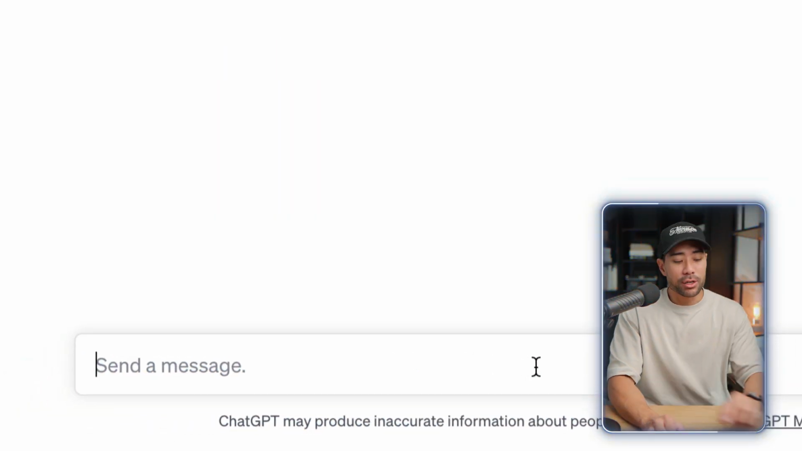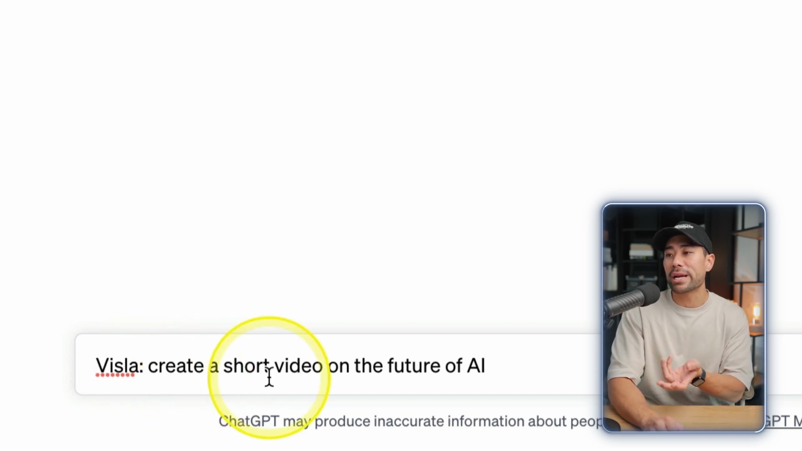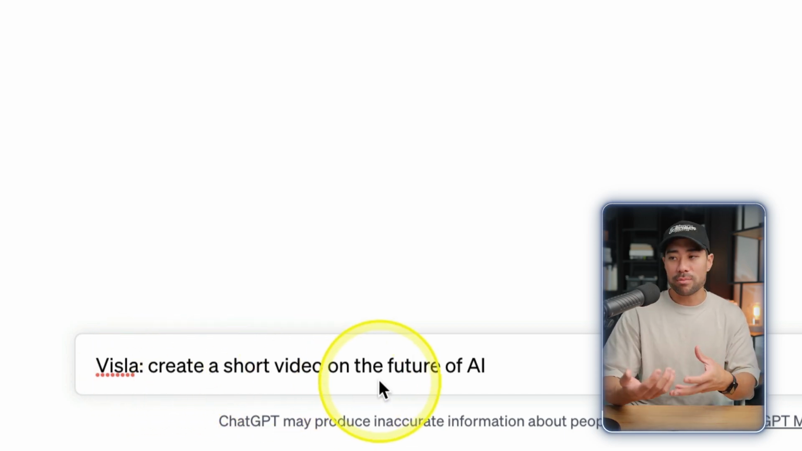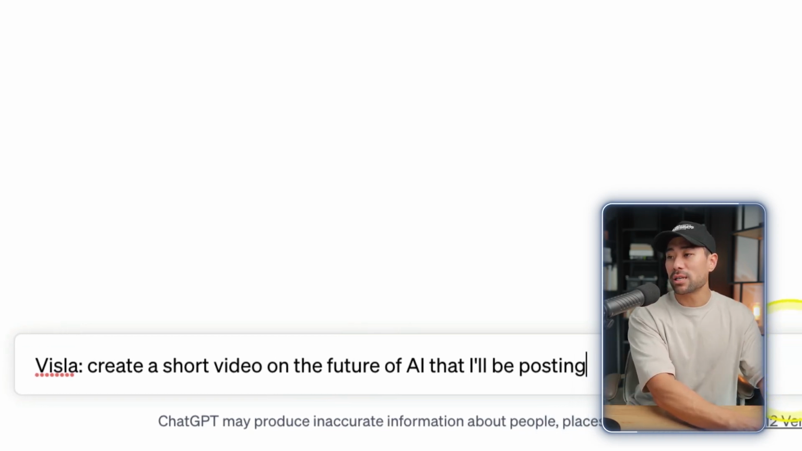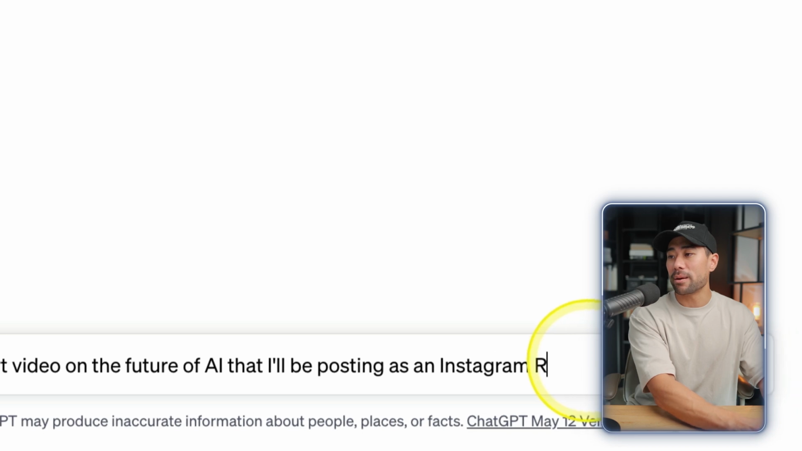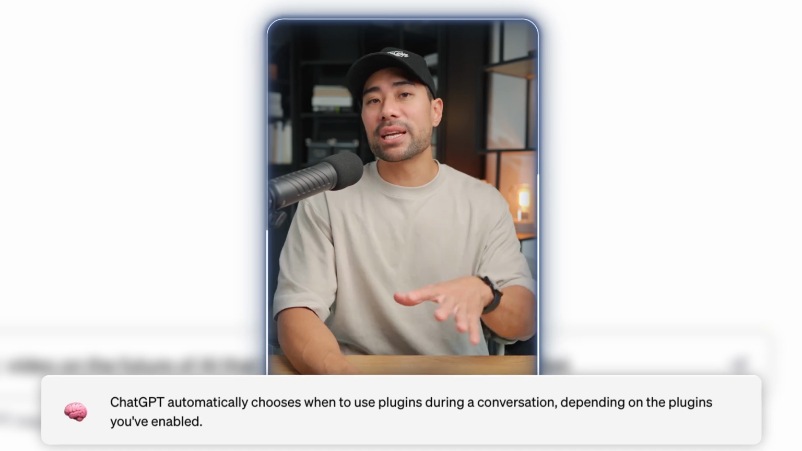Now to execute the Visla plugin specifically, you can either go ahead and type in Visla and then create a short video on the future of AI. You may want to be a bit more specific and say that I'll be posting as an Instagram reel. You might not need to add the Visla prompt, but it's giving that extra detail so you're a bit more direct. Essentially with this prompt, what I want ChatGPT and Visla to do is to talk to each other so that I can create a short video on the future of AI that I'll be posting as an Instagram reel